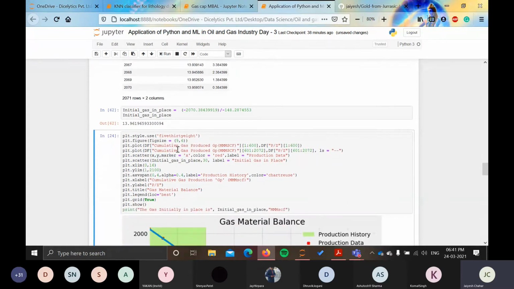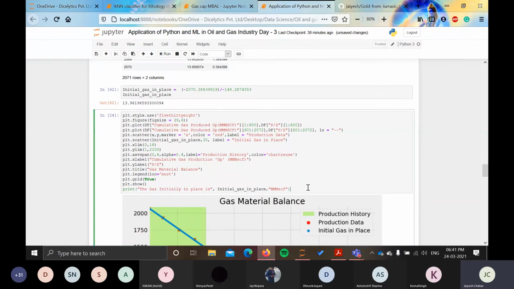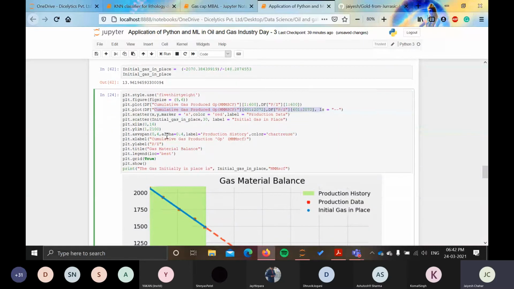After this, the final part of this project will be plotting the area and showing the things. So again, I don't want to bore you by going through the already mentioned things. Here I am just plotting the values up to a point 600, up to where we have production data available. After that, by using the straight line, I have plotted that, and also plotted the initial gas in place value and all this customized thing.